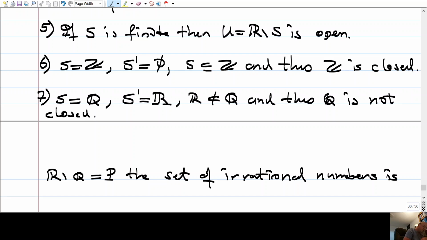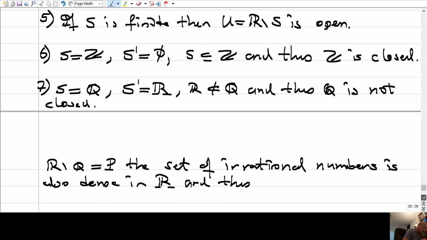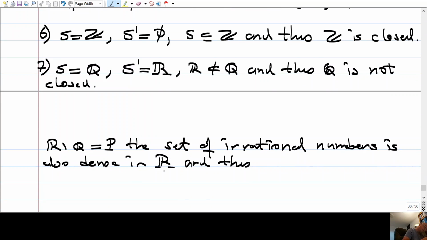The set of irrational numbers is also dense in Q, in R, and thus the derived set of the irrational numbers, sorry, P prime, is also equal to R. So, let me write it this way, so that P prime is not contained in P, and thus